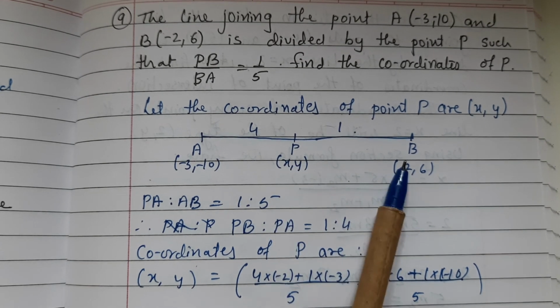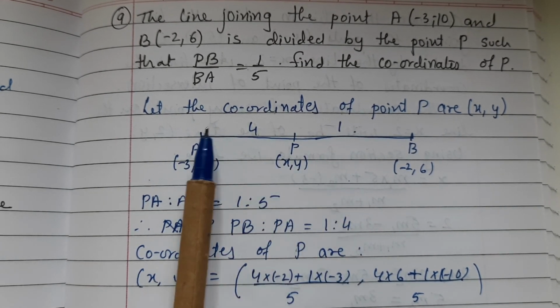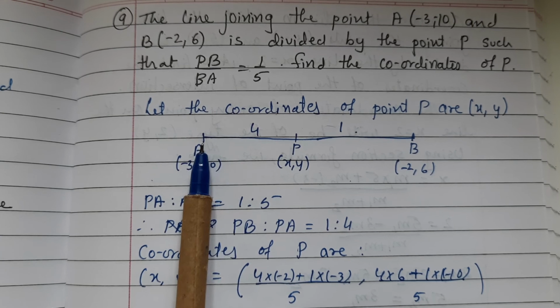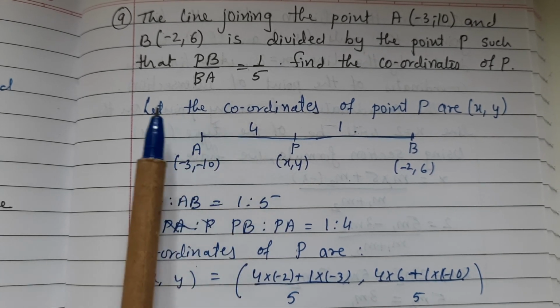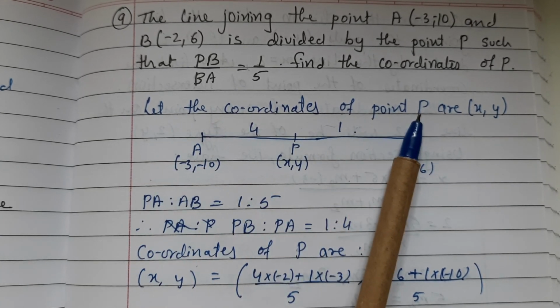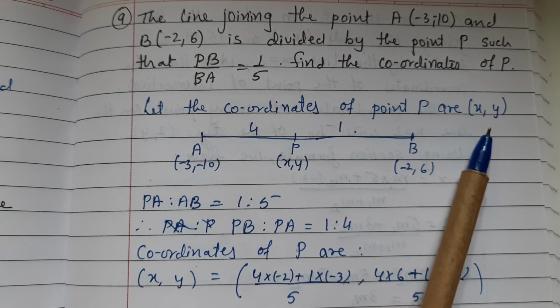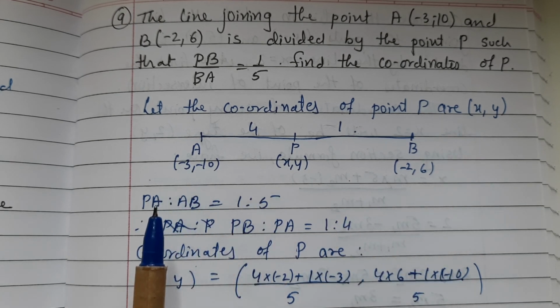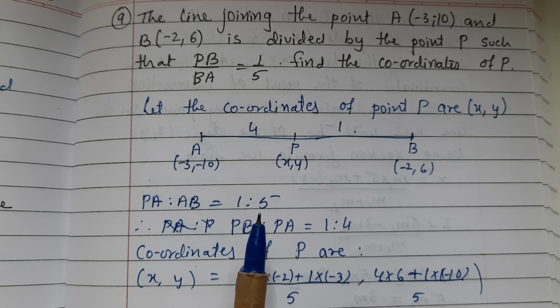PB upon BA is 1 upon 5. Therefore, PA will be 4. Let the coordinates of point P be (x, y). So, PA upon AB equals 1:5. Therefore, PB upon PA equals 1:4. Coordinates of P are